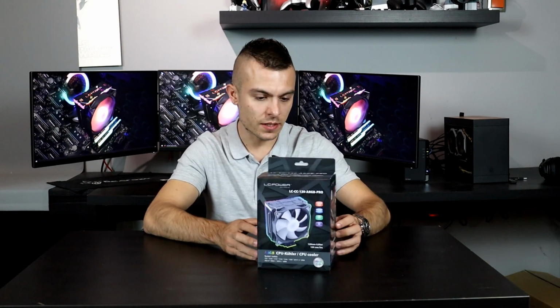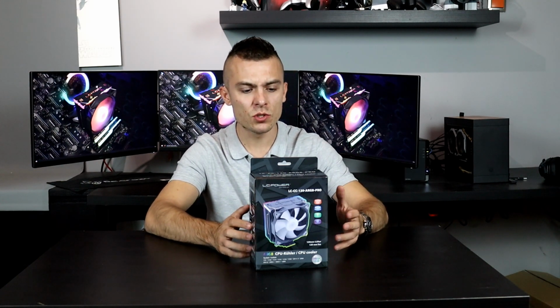It says up to 180 watts. It has 4 heat pipes that go from the core, from the processor, through the radiator. It says silent fan and multi-compatible, so I think, yeah, it says here all the Intel sockets, and the AMD sockets as well. Supports everything basically. When it comes to dimensions of the radiator, it's 125 times 75 times